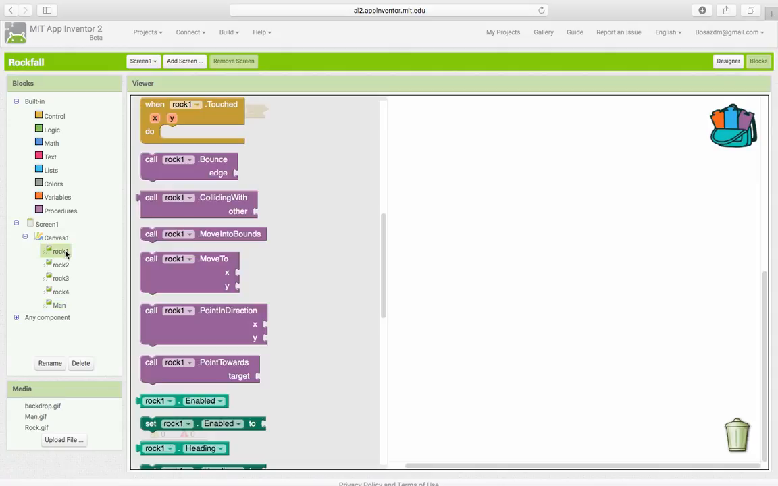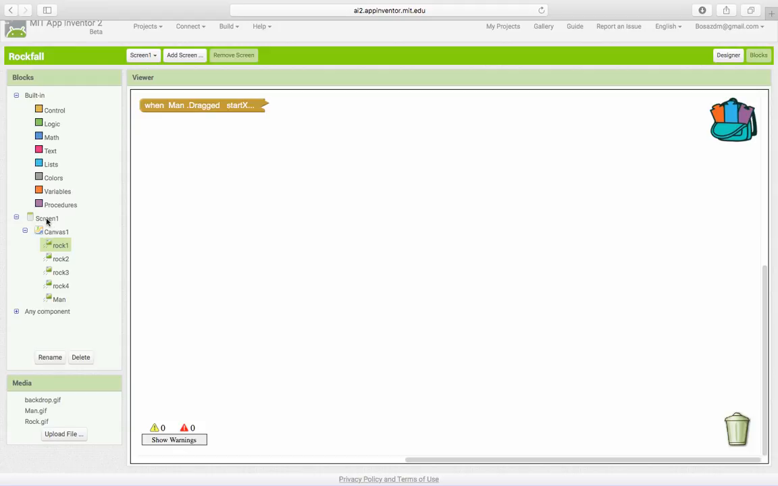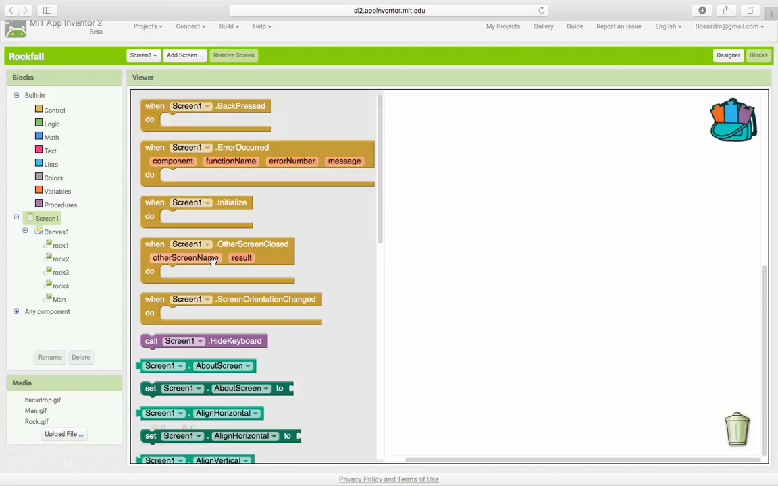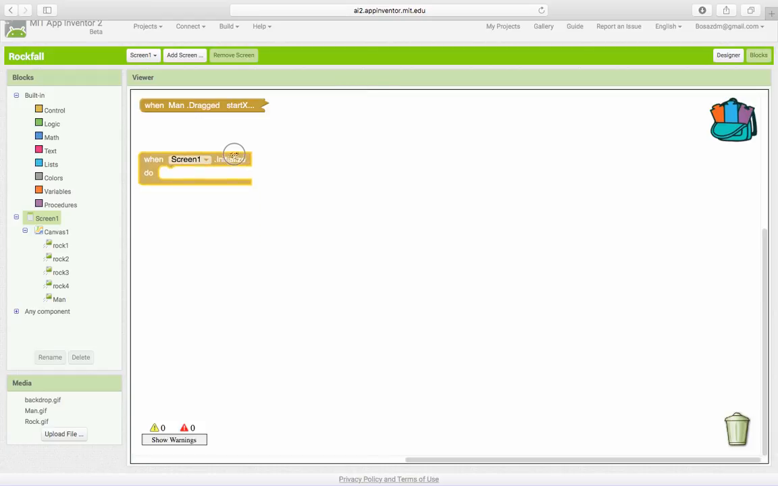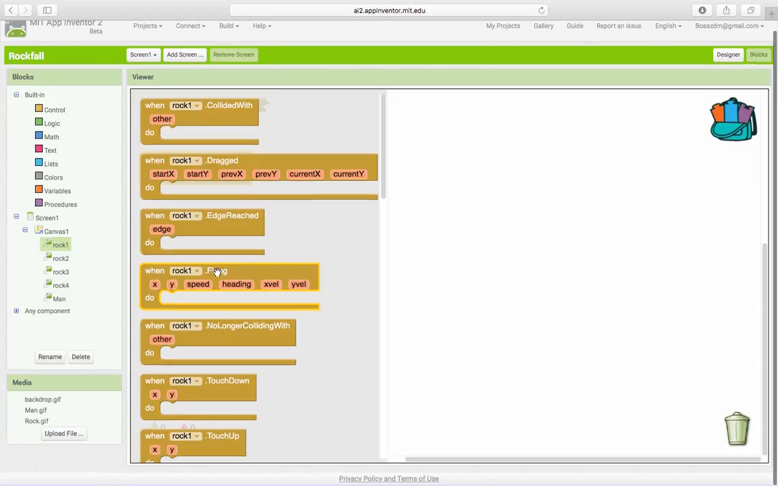What we're going to do now, the next process of coding, will actually be pretty easy, because the way this works is once you do it once, you can just duplicate it for the rest and change the names. We're going to go to screen, up, when screen initialize, do. We're going to go down,